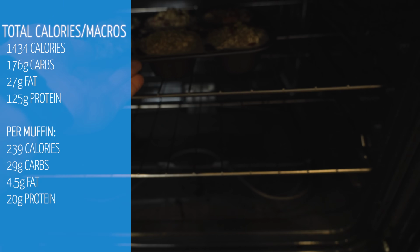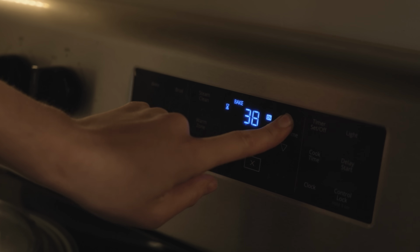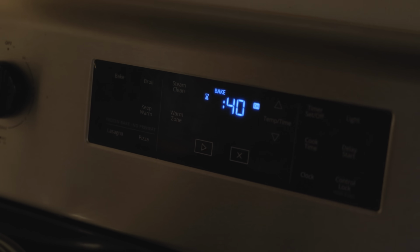There's tons of different recipes you can use oatmeal in, so that can go a long way. We're gonna be throwing the muffins in the oven for 40 minutes, which is a pretty decent amount of time, but these things are thick, and we wanna make sure they cook enough. And as those are cooking, it's perfect timing because we're gonna be starting on our next food prep, which is